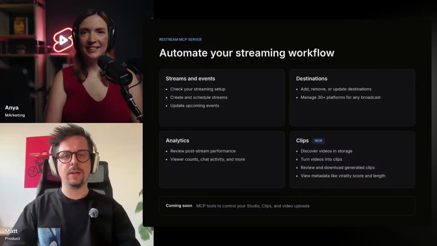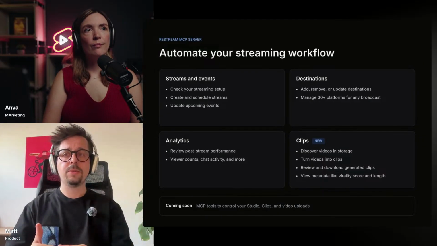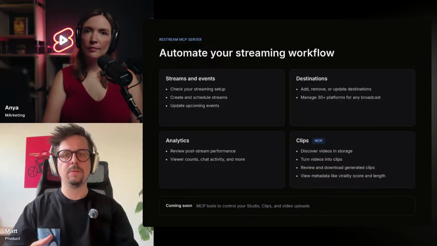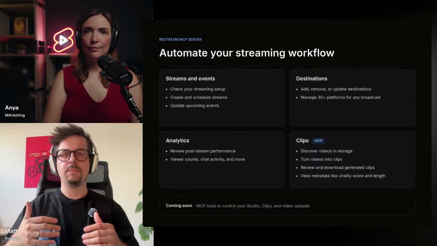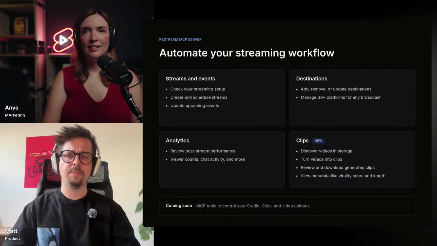And before it starts, I would maybe summarize it as sort of health checks. So you can check what streams are already scheduled, because Restream is not a solo product, right? We also have production teams really, and you can pretty much just get a very good overview of what's scheduled ahead, what's coming up. You can see all the streams coming up.